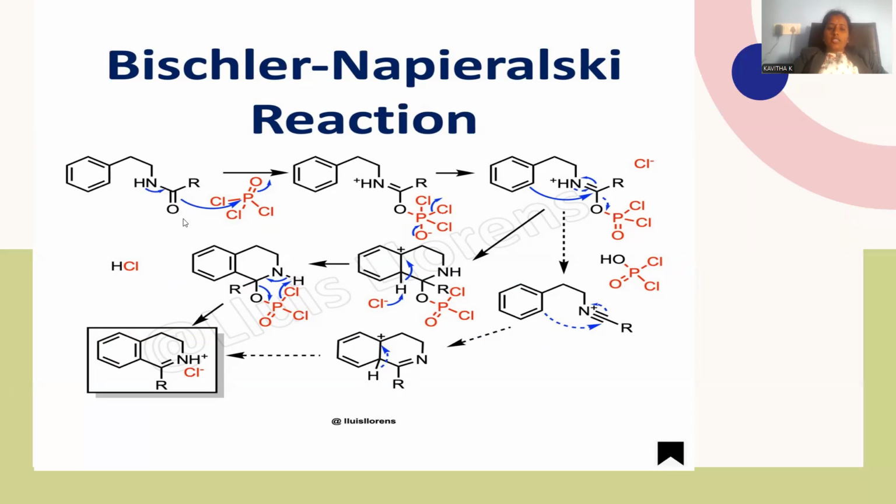Subsequently, oxygen binds with the phosphorus, so that the phosphorus-containing double bond oxygen will delocalize the electrons towards the oxygen atom. This is the way a new bond between the carbon and a new bond between the oxygen and phosphorus is generated. Whenever nitrogen loses electrons, it is accompanied by a positive charge over the nitrogen atom,